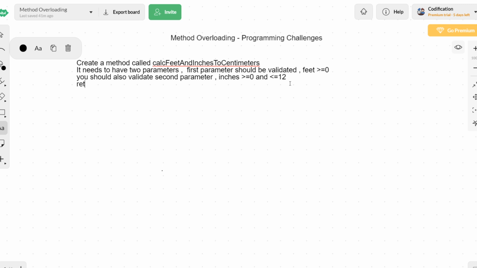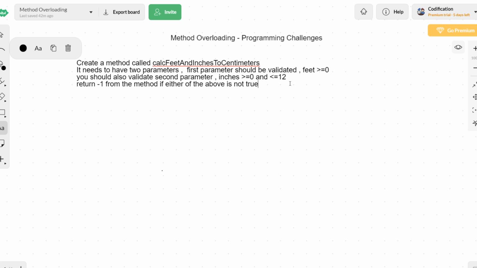You have to return -1 from the method if either of the above is not true.